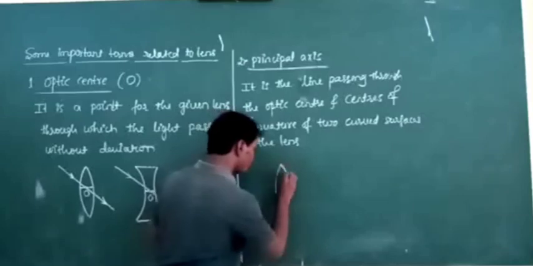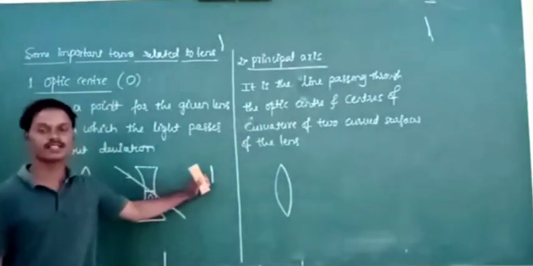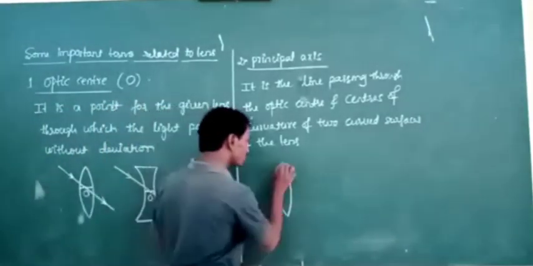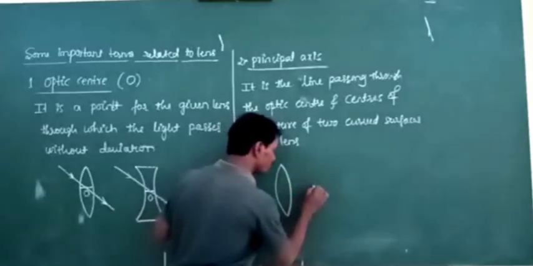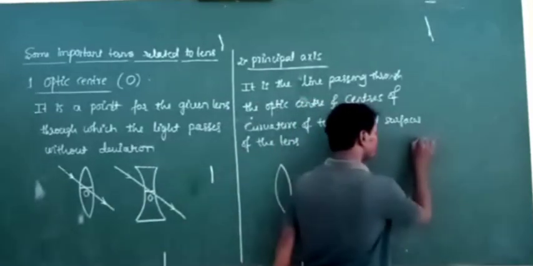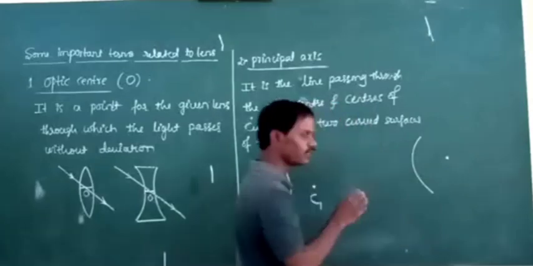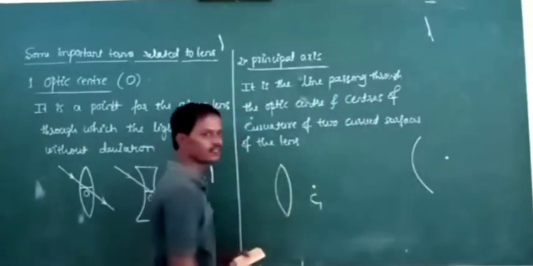See here, it is a convex lens, and this convex lens has how many curved surfaces here? Both surfaces are curved. Both surfaces are curved means the center of curvature of the first surface is C1. Already we know that. If the curved surface is like this, the center of curvature is here, at the right side. The center of curvature of the curved surface is at the right side.